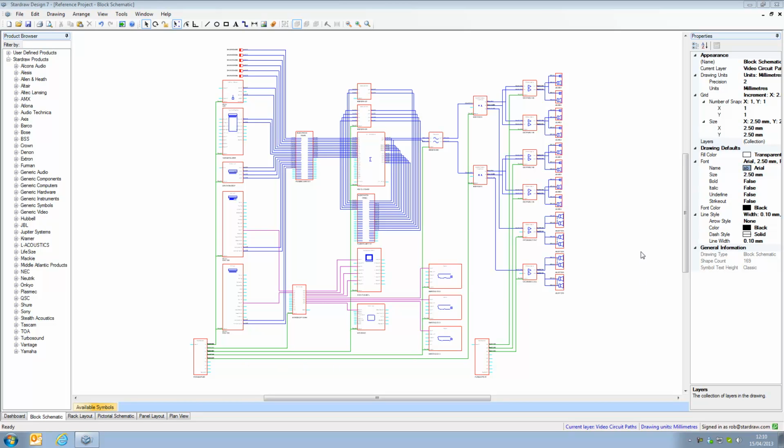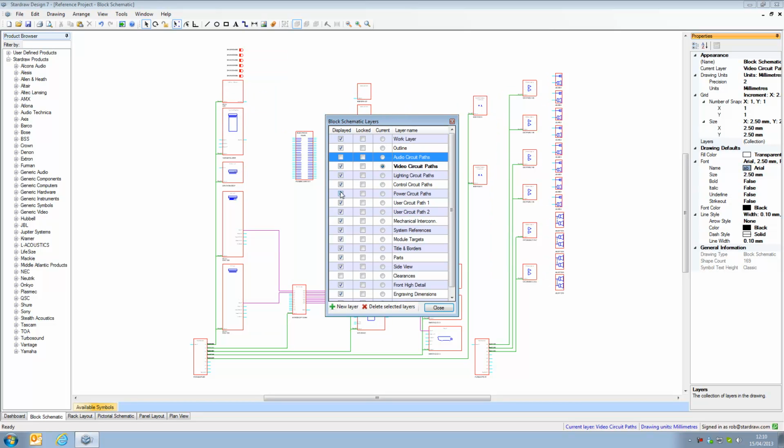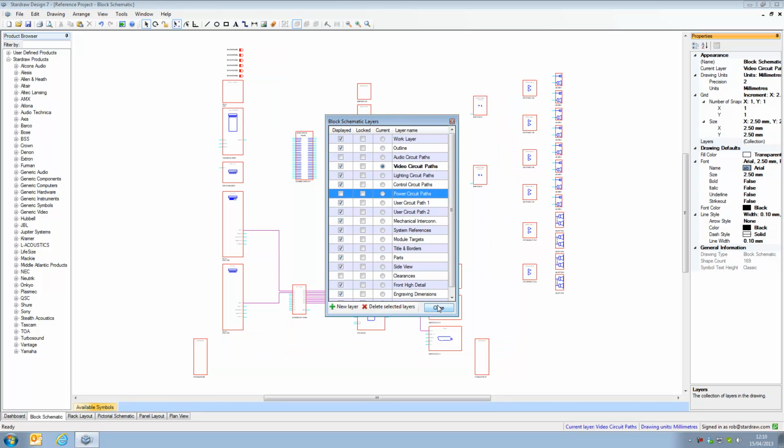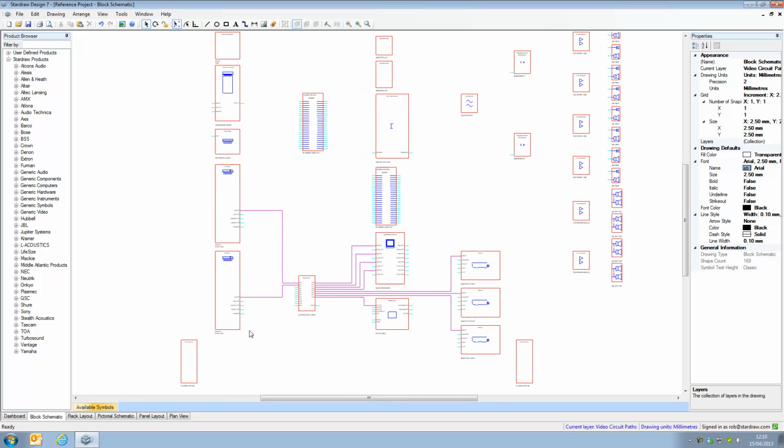And to make it a little bit easier to navigate this drawing, I'm simply going to use the layers dialog to hide the audio circuit paths and the power circuit paths. So we're just left with the video circuit paths. So let's zoom in,